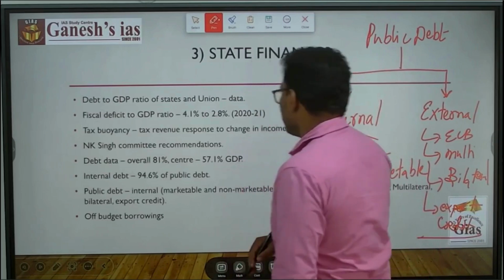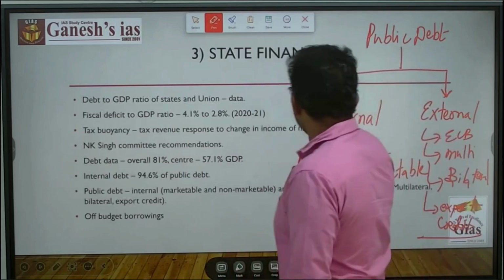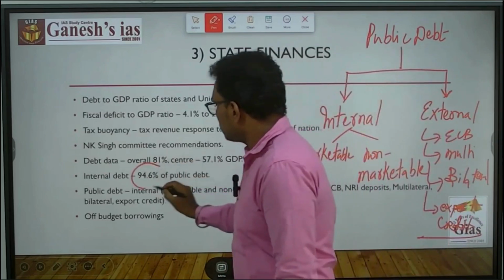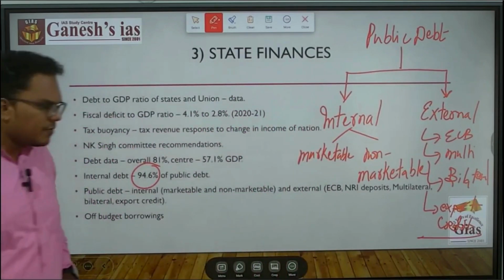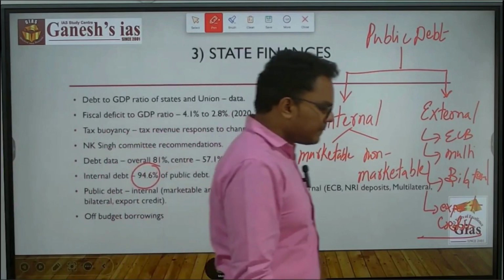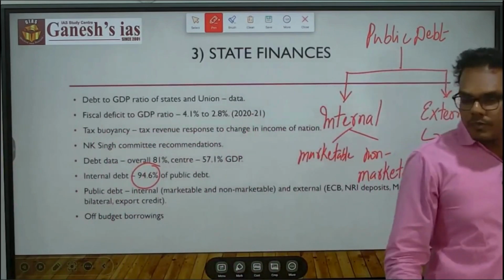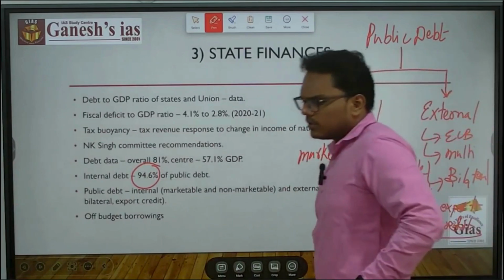So this difference you need to know. Of this, your internal debt component is 94.6% of your total public debt, whereas only the remaining 5.4% is from external debt. And UPSC once in 2019